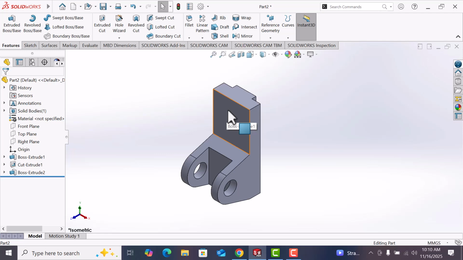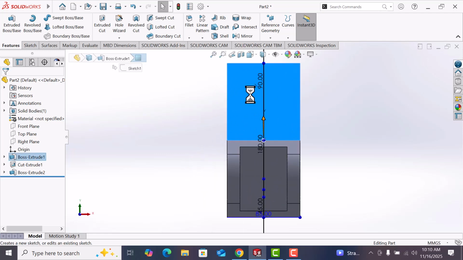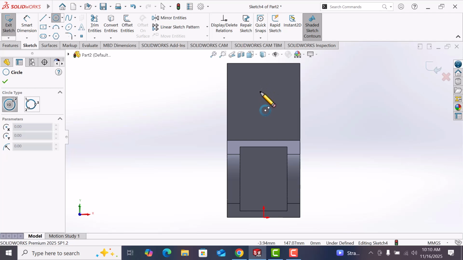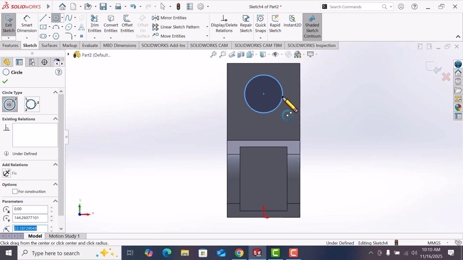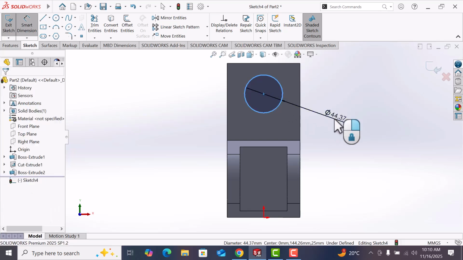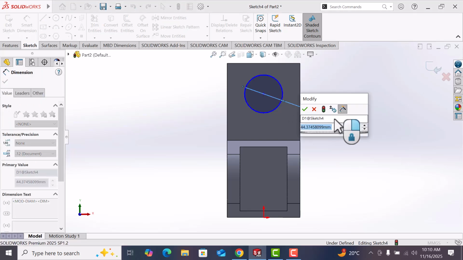Now go to this face and sketch. Now draw the circle at the origin. Now give the smart dimension value, diameter 50.